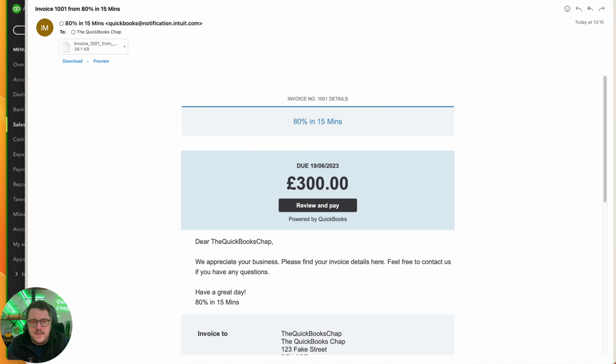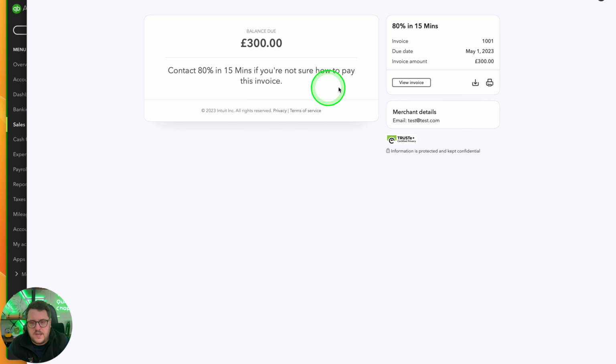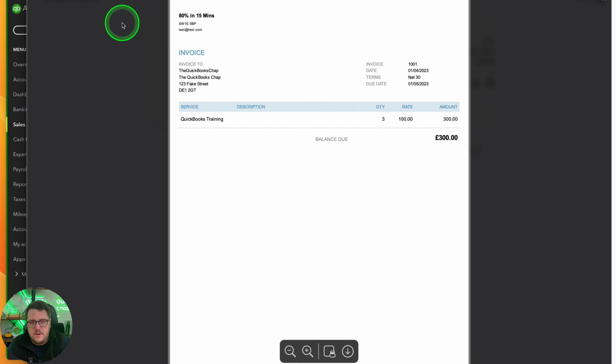Now, what does the client see? Well, they get an email, invoice from 80% in 15 minutes. I can review and pay it. They get a nice professional dashboard here. They can view their invoice, download it, print it, and even ask questions about it if needed. If they do view the invoice like we have just done here,